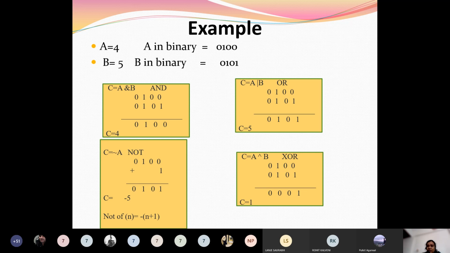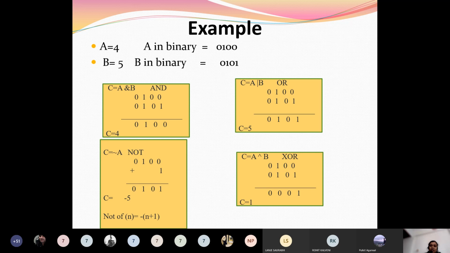Now the XOR operation. What is the logic of the XOR operation? The logic is that if both the bits are similar, then the answer is 0. Similar means if both bits are 0, the answer will be 0, and if both bits are 1, the answer will be 0. Both the bits should be the same. Now in this XOR operation, 0, 1, 0, 0 and 0, 1, 0, 1. So the first 3 bits are the same: 0 and 0, 1 and 1, 0 and 0. So the answer will be 0. Only the last bit is opposite. It is not the same, it is 0 and 1. So there 1 will come. So if I perform the XOR operation for A and B, I should get the answer 1.